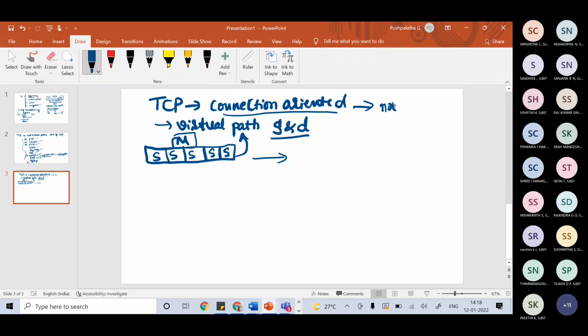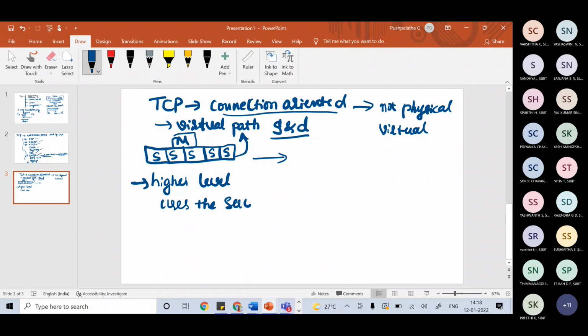I am not talking about any physical connectivity between the source and destination. It is completely a virtual connection. TCP normally operates at a higher level, where it uses the services of IP, which is the layer below.